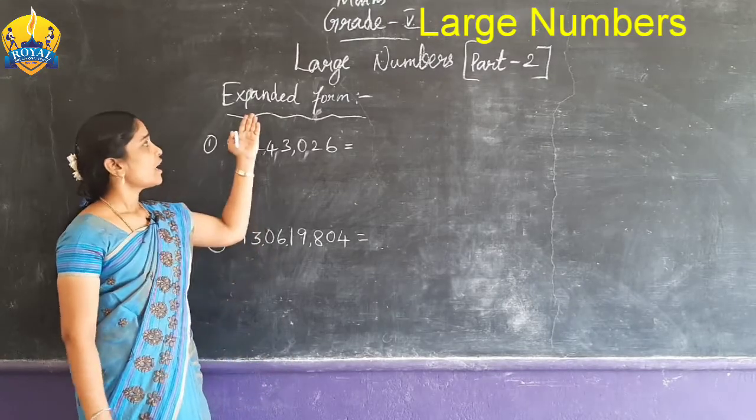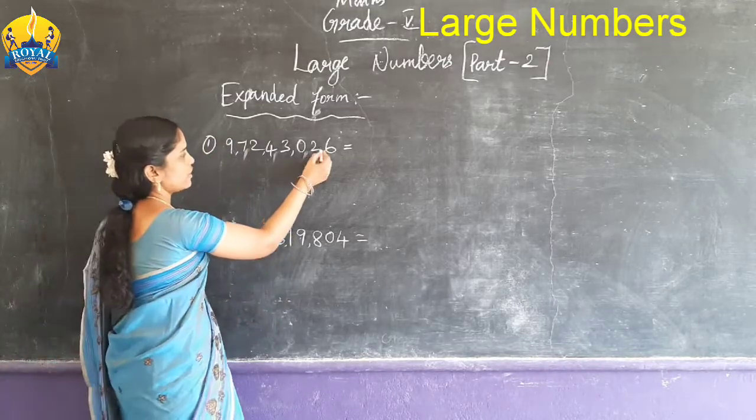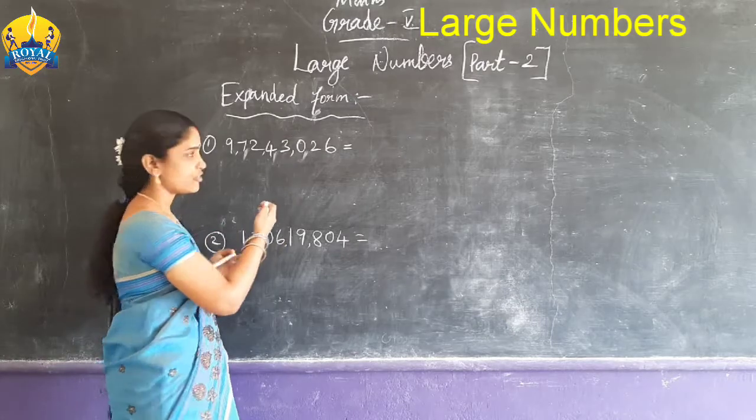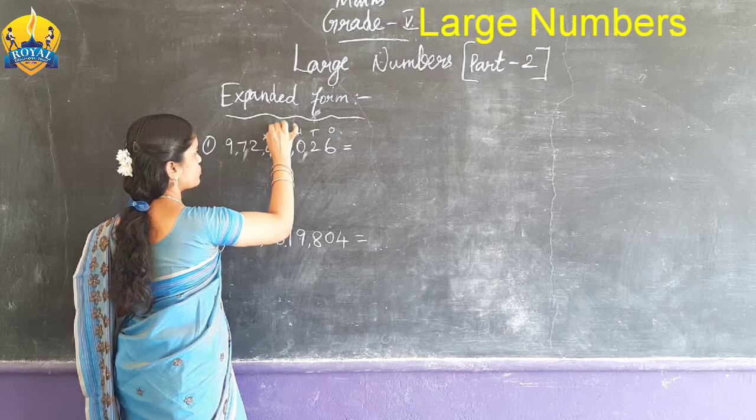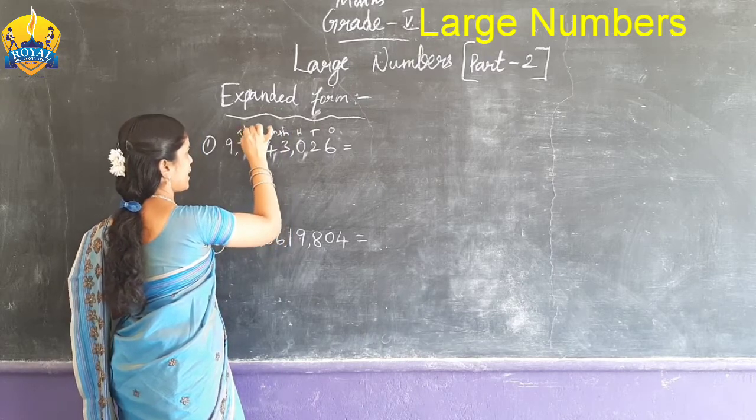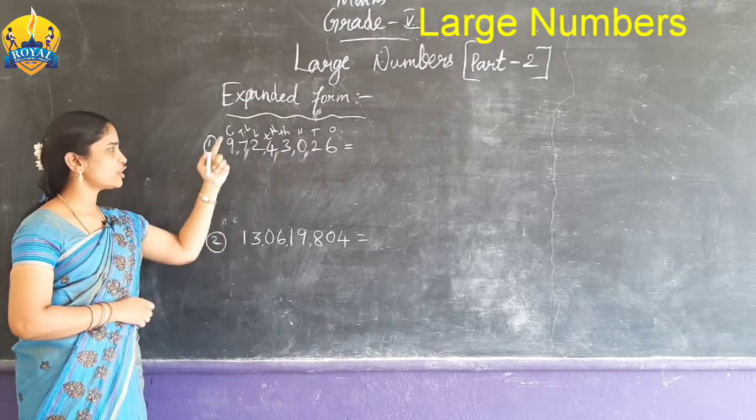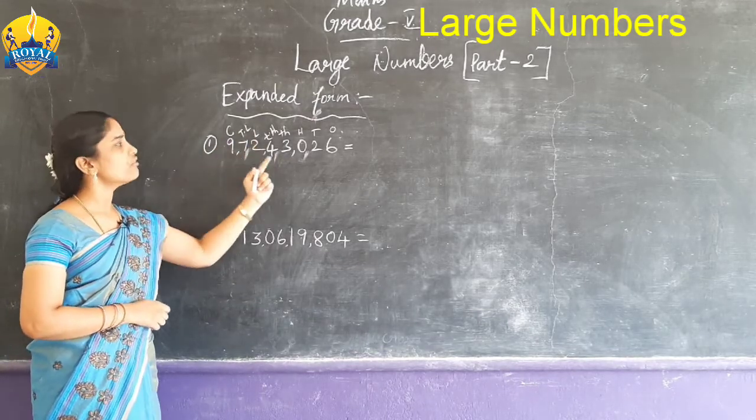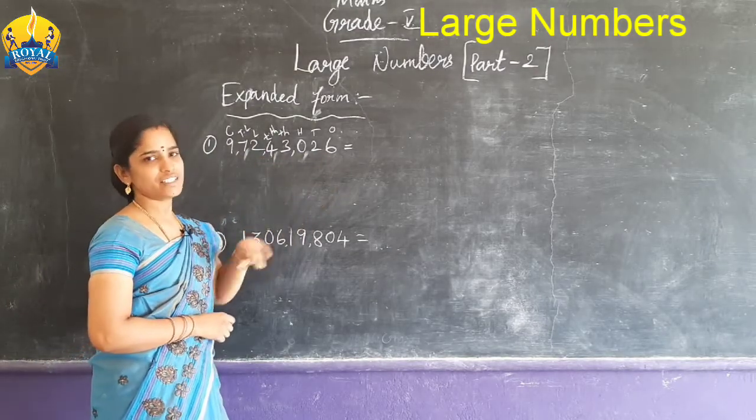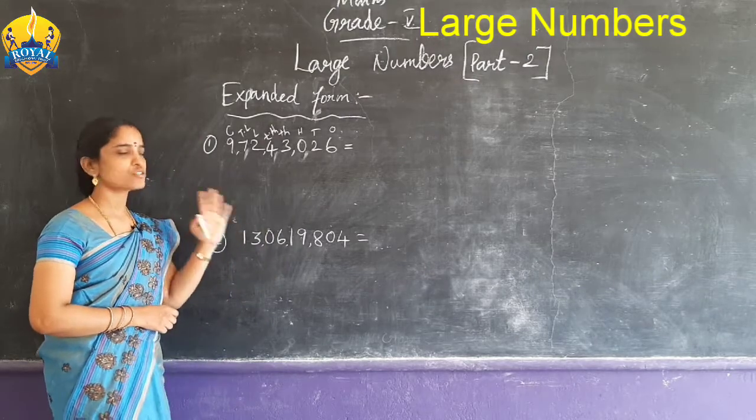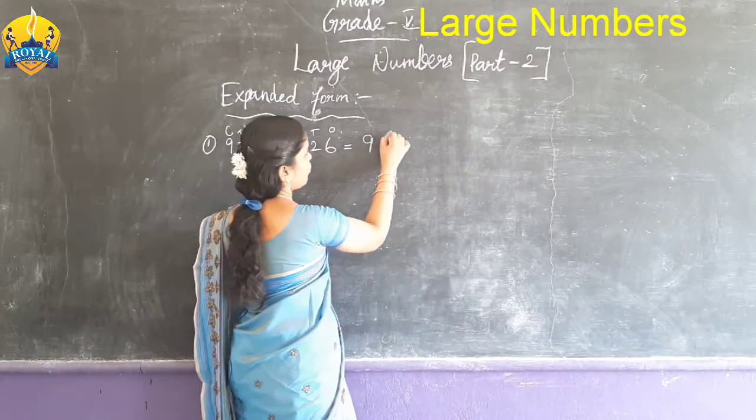Student, next one is expanded form. The given numbers are there. Listen, write the place value above the number first. Ones, tens, 100, 1000, 10,000, lakh, 10 lakh and crore. And by using commas also, we read as 9 crore, 72 lakh, 43,000 and 026 we read as 26. Okay, 9 crore. First 9, 1 crore